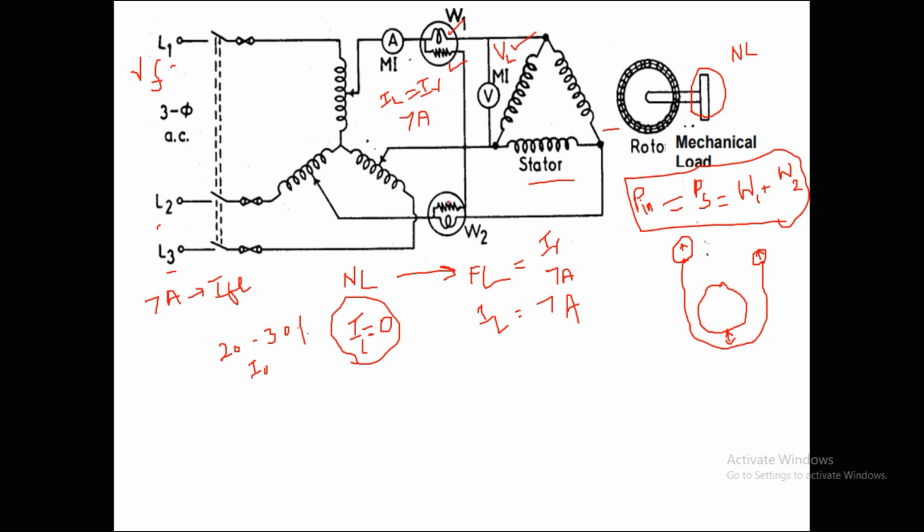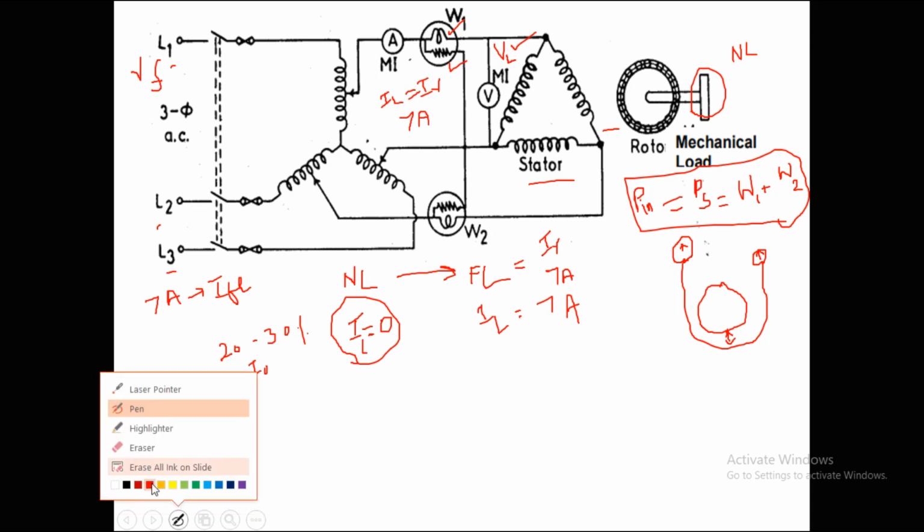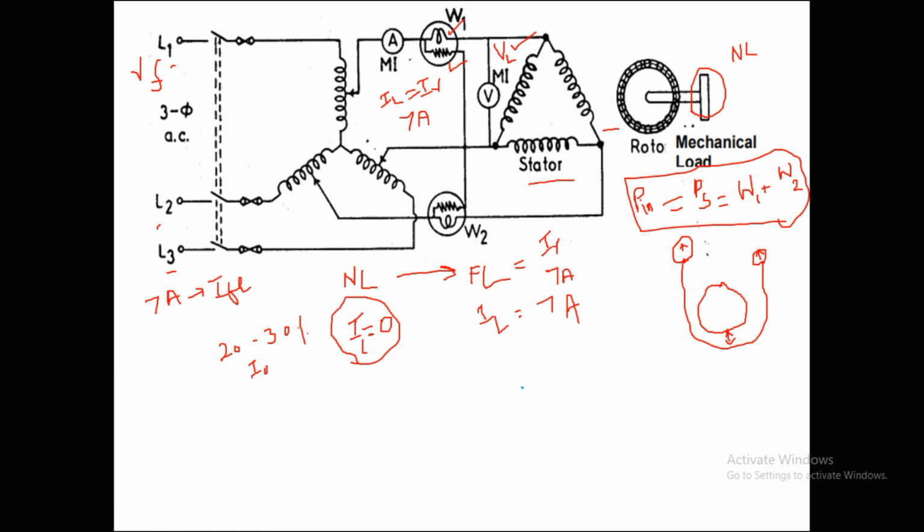And coming to the wattmeter reading, here we are using the 2 wattmeter method, and in the 2 wattmeter method, the wattmeter is going to have a deflection based on the power factor. Here we are having an induction motor, and we know the power factor of an induction motor is very low at the time of no load. The range of the power factor is from 0 to 1, and we cannot expect 0 power factor and also unity power factor in an induction motor.